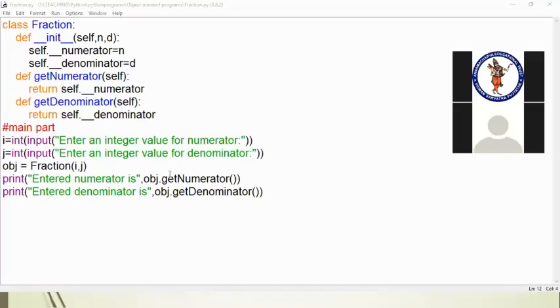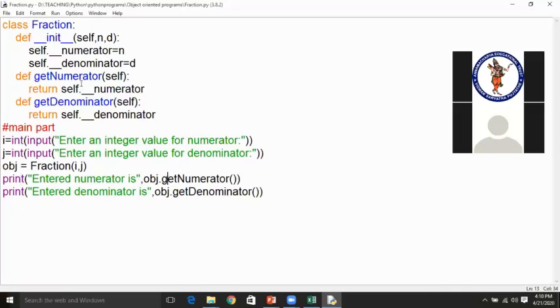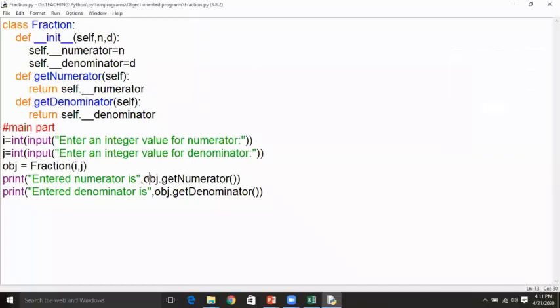Now you are trying to call the get numerator method by using the object of the fraction class, obj dot get numerator, without any parameters here. Why? Because obj already knows the private members of its class. So it goes to the get numerator method, and it returns the numerator value by using self dot underscore underscore numerator, a private variable, so it will be displayed onto the screen.